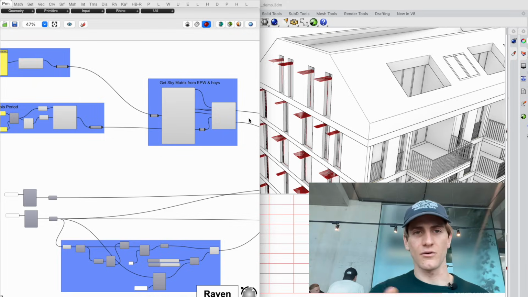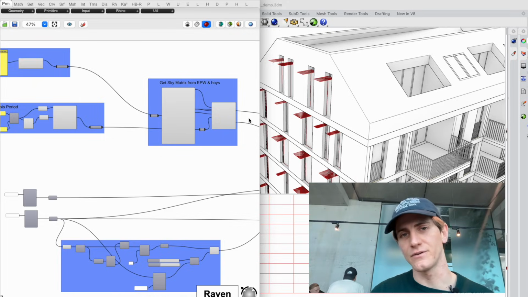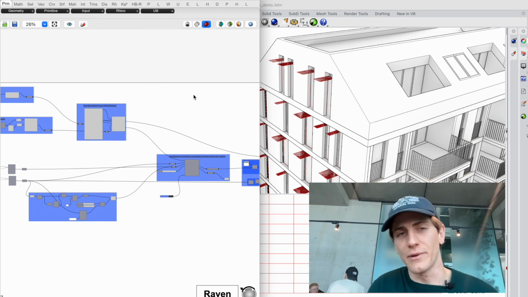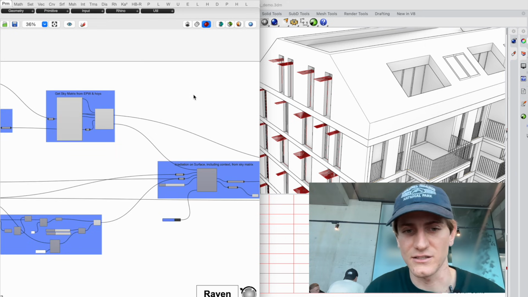This video will really just be a quick run through the biggest changes so you guys know what's up and to give you a little bit of an orientation. So right here I have as an example open a Ladybug script that does dynamic shading and runs an analysis over it. Now, if you're not familiar with these kinds of things, your coworker might share one of these scripts